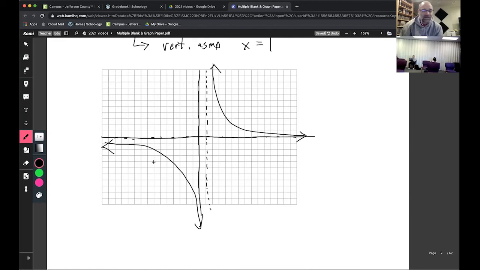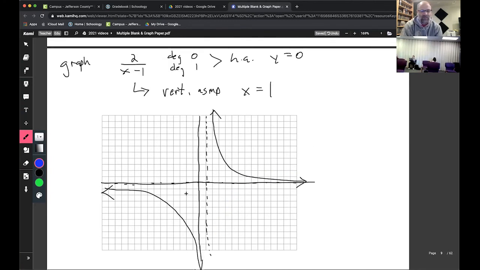All right. So, you might ask, how do you know it's like that and not like this? How come it's not like that? Well, you have to test some values. So you have to figure out what's true and what's not. If you plug in a couple points here to figure out where it is, like you could plug in